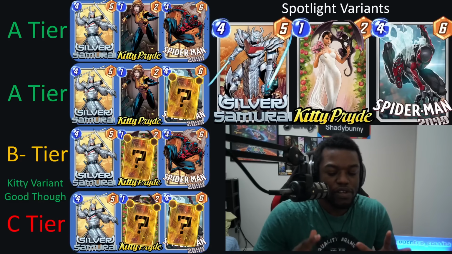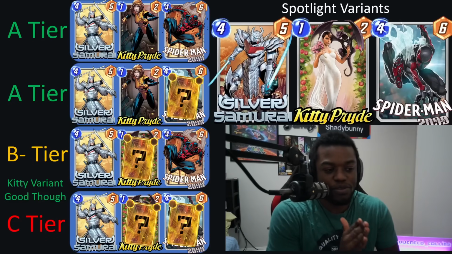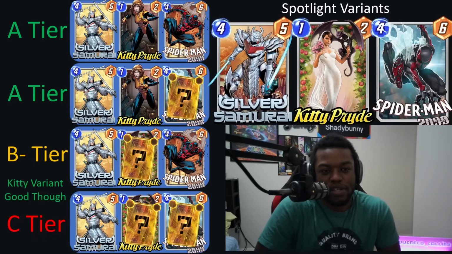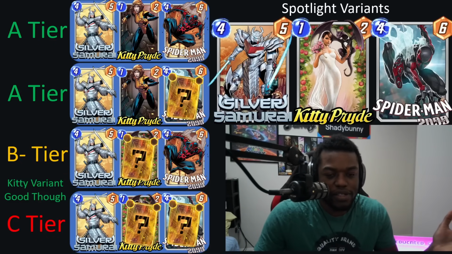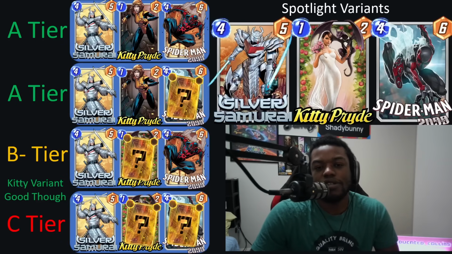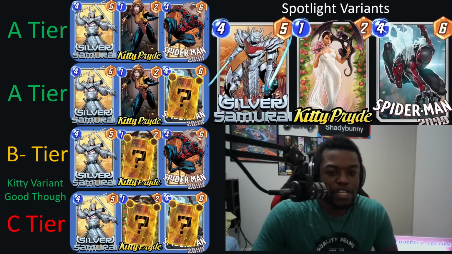Just a lot of good synergy, especially with the new series pass card coming this month, and just playing cards that mess with your opponent is so powerful. So cards like Silver Samurai, I think. Also Zabu Engine, right? It's a 4-cost card, so you can play it on 3. So I just think there's a lot of good things going for the card. So I do have it. If you're missing both Silver Samurai and Kitty Pride, then it's a pretty good